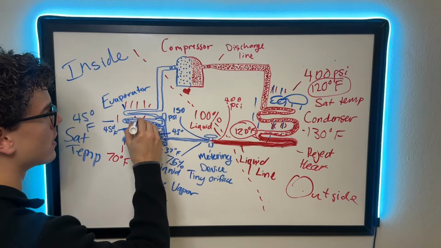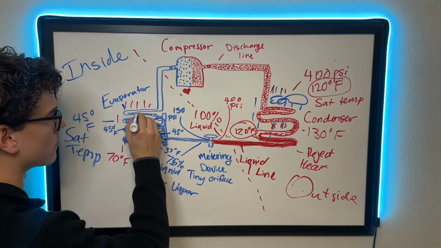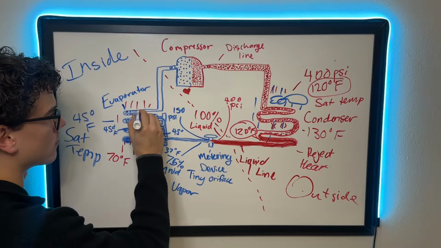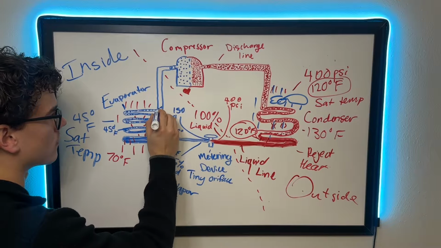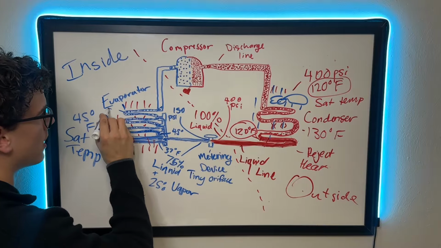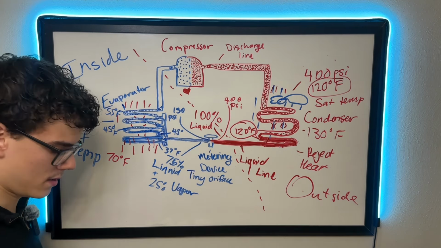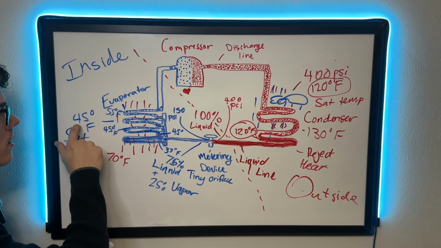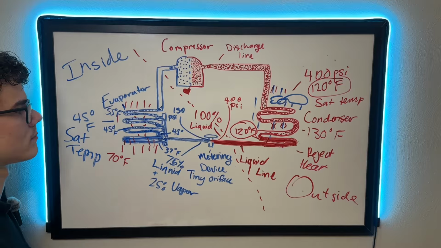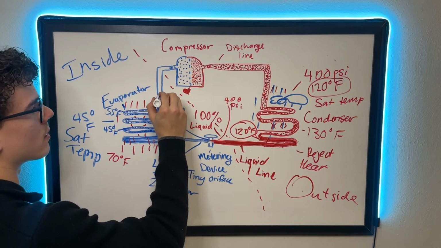So we need to superheat our refrigerant. So from this point to about this point, we've gained about 10 degrees of superheat because we're 10 degrees past our saturation temperature. So now our refrigerant heads back to the compressor